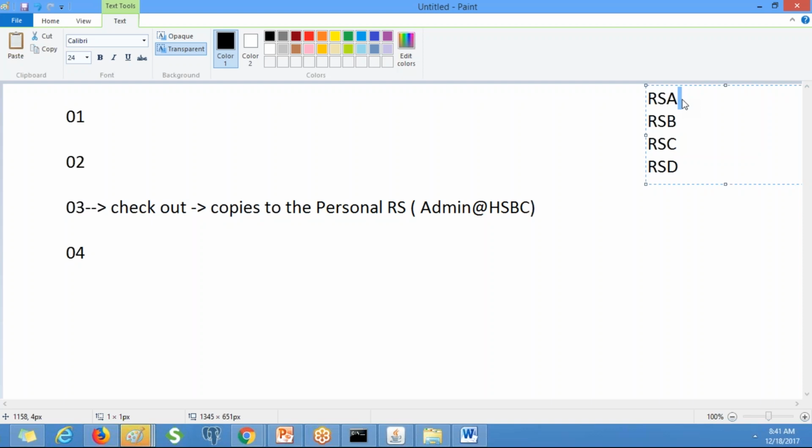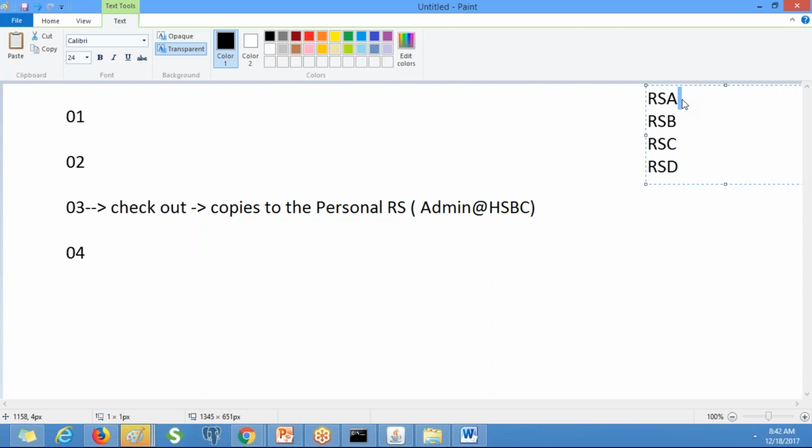All the versions of that rule set. Okay, suppose rule set A can have multiple versions, rule set B can have multiple versions. So if rule set A is having application mode, all the rules in the rule set can be used. If rule set B is also having application mode, then whatever rules we have in rule set B can reference all the rules in the application rule sets.